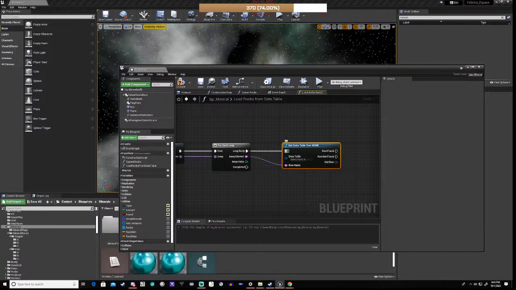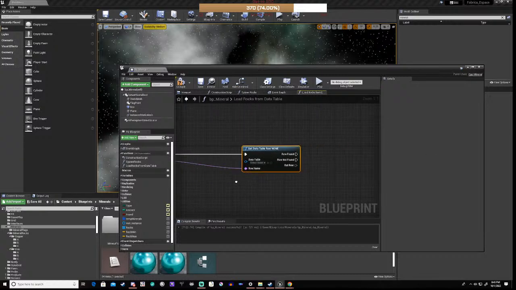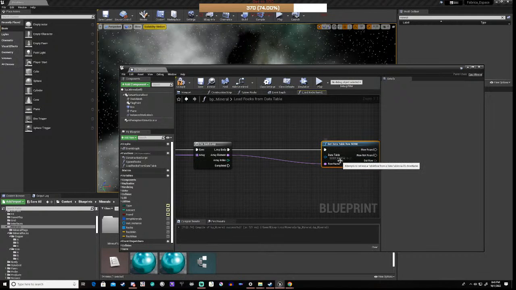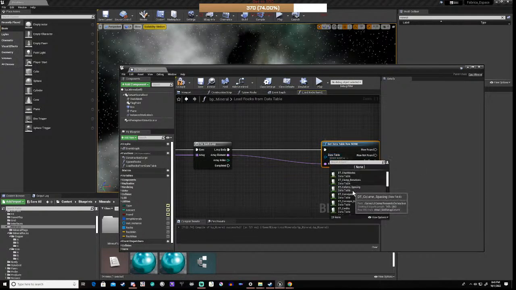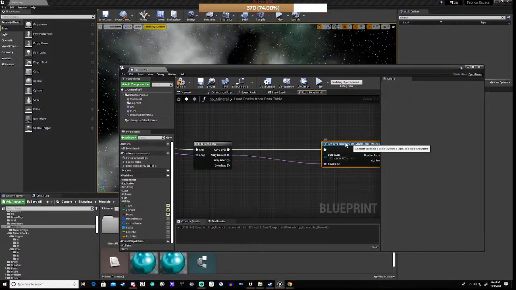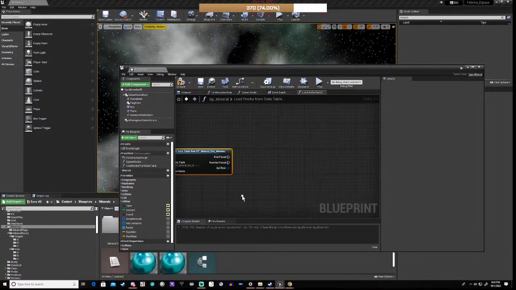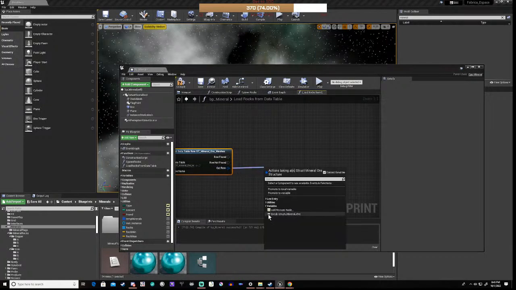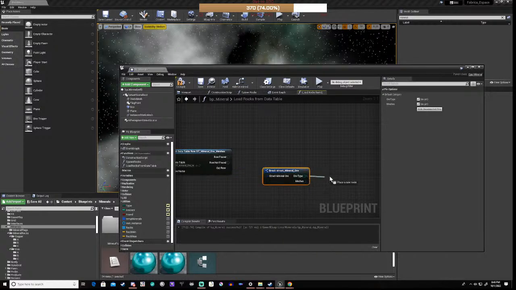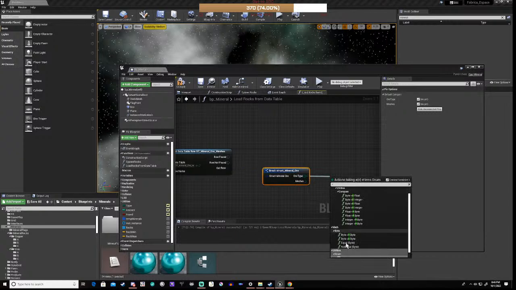Interesting. We're actually not going to do this. Or actually we are. Right, so we're going to say minerals, not minerals. Right, so we're going to do that, and we're going to say out, and we're going to break that, then we're going to say equals,